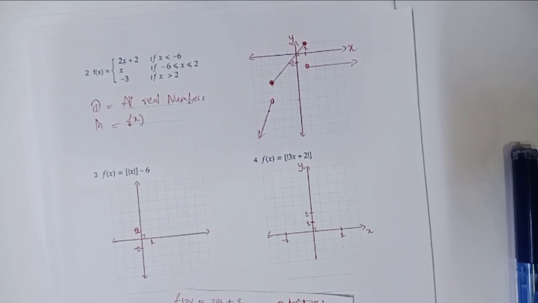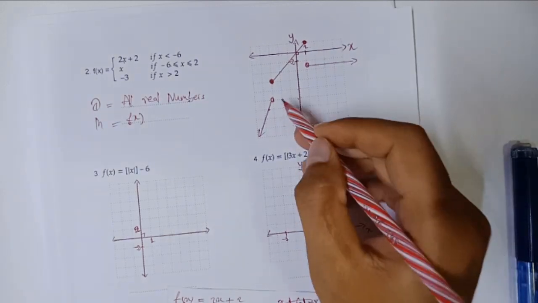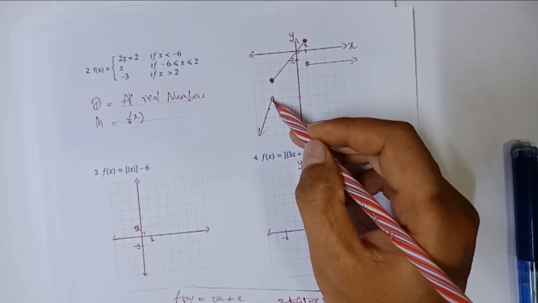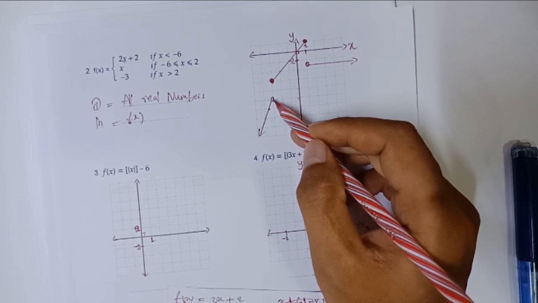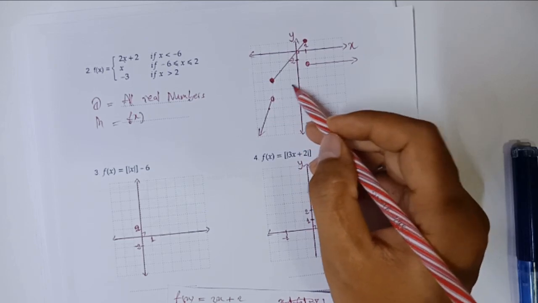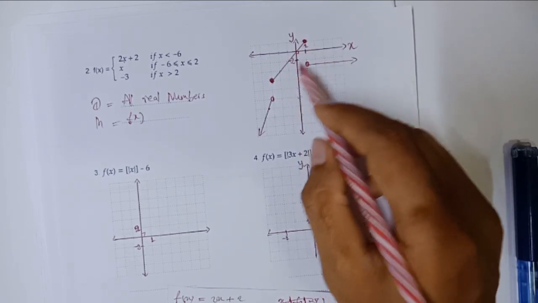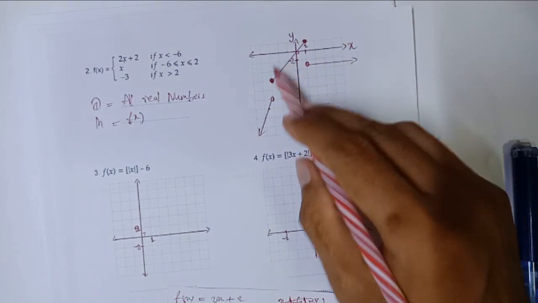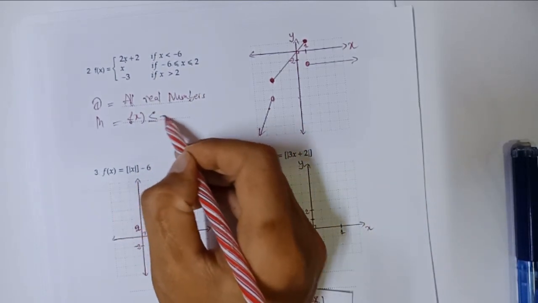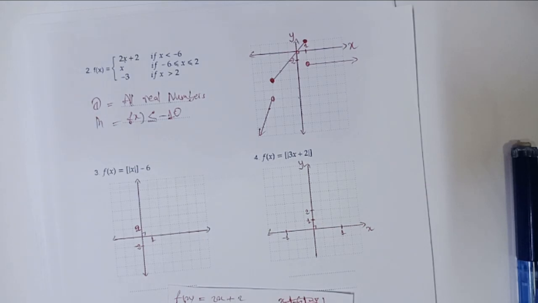You have one set, this -10 on this set. So you have this side for the range. So you have this as smaller than or equal to -10, and then the other set is in between -6